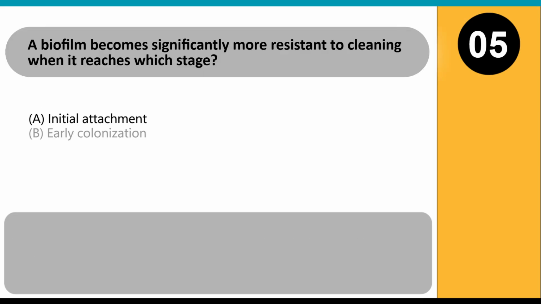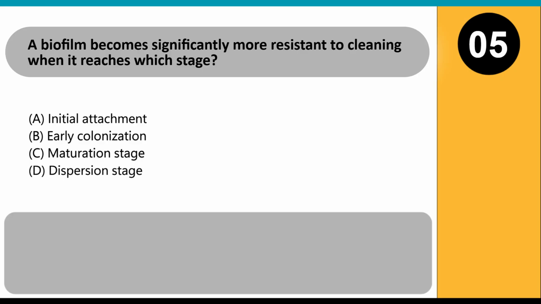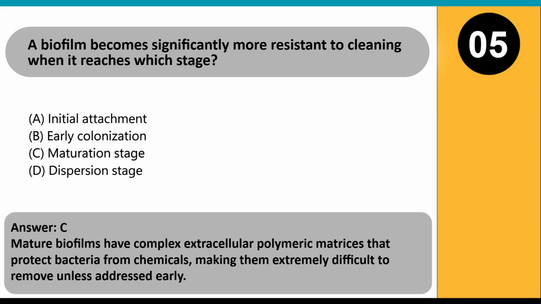A biofilm becomes significantly more resistant to cleaning when it reaches which stage? A. Initial attachment. B. Early colonization. C. Maturation stage. D. Dispersion stage. Answer: C. Mature biofilms have complex extracellular polymeric matrices that protect bacteria from chemicals, making them extremely difficult to remove